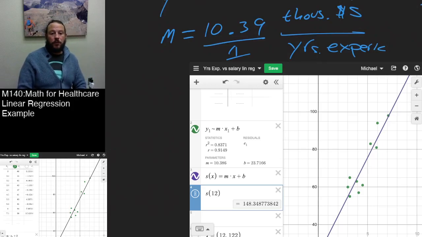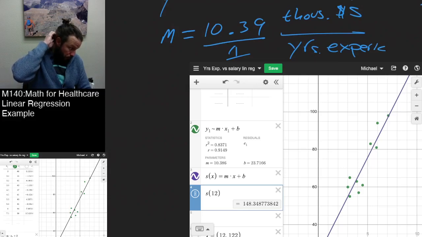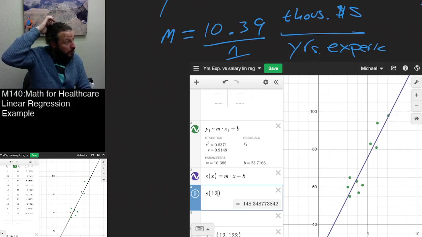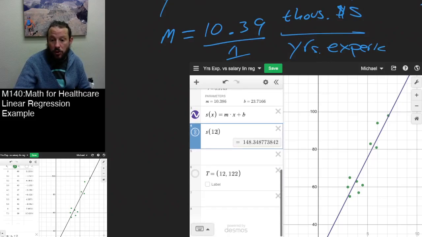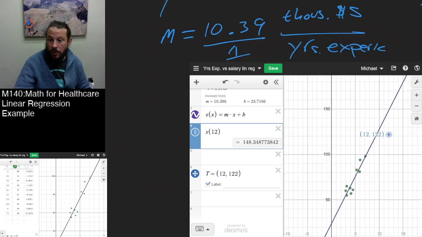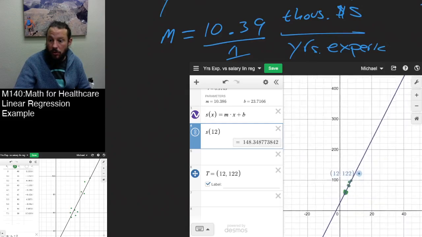Now, the thing is you plug in the 12, and you get $148,000-ish, right? But then someone says, well, actually, there was a data point missing, and someone at the company with 12 years experience makes $122,000. All right, so to give us an example here, or the visual